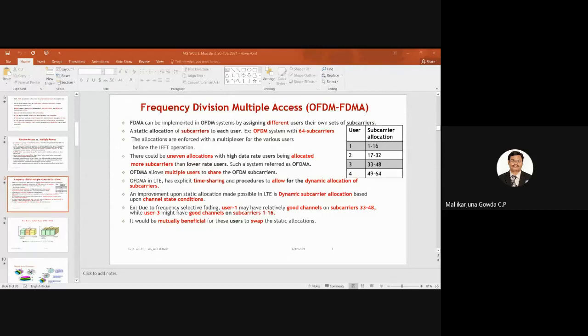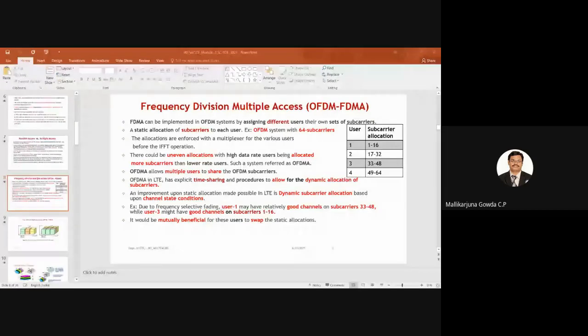Yes, good morning, students. We were discussing in the previous class about different types of multiple access techniques, right? I said about FDMA, TDMA, and CDMA, and we have also discussed random access versus multiple access techniques. So today, let us try to understand, with respect to OFDM,